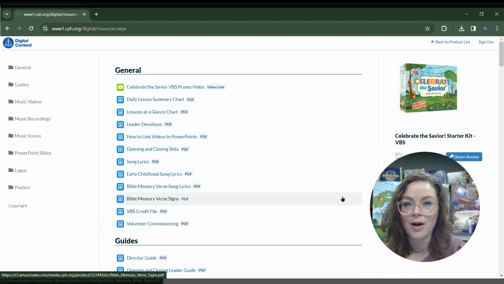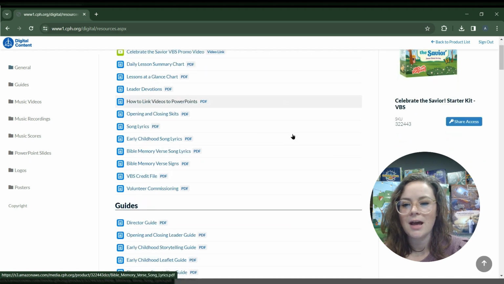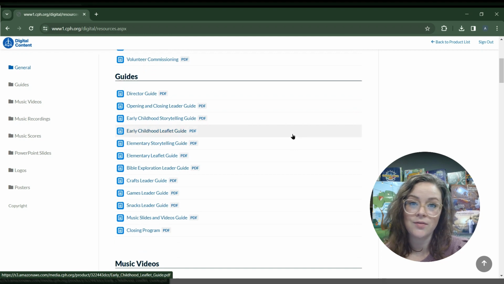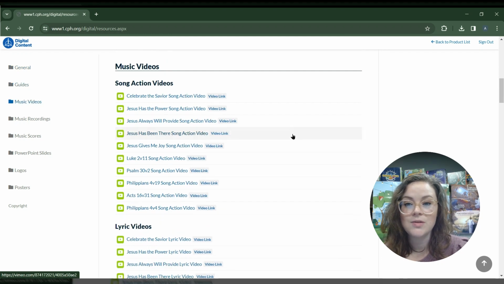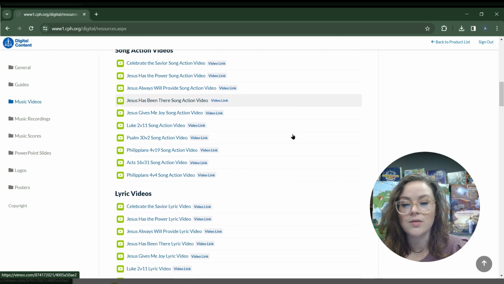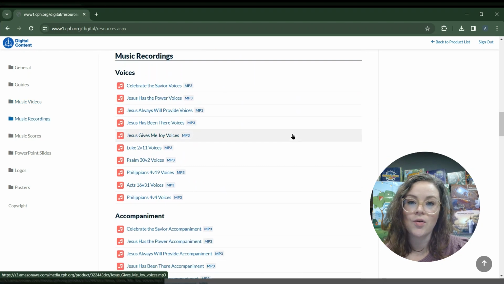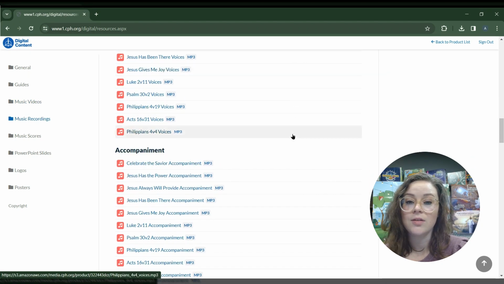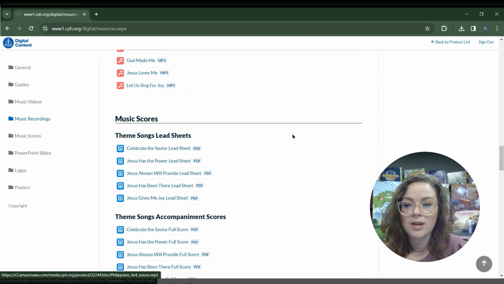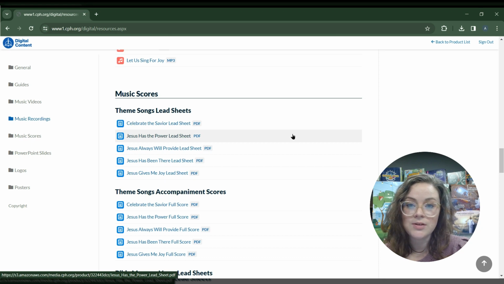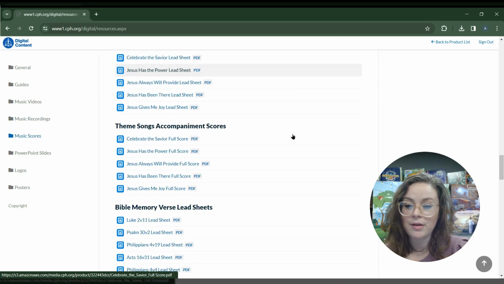And here's where you can find all of those digital materials. So this is going to include everything you need, like how to link your videos to PowerPoints and other helpful information. You can also find your guides for any of your site leader guides. The music videos, like the song action videos and the lyric videos, are all in here, as well as your music recordings for the voices and the accompaniment of the theme music and also the Bible memory verse songs. If you keep going, you'll also find the lead sheets or music scores for the theme music and the Bible memory verse songs as well,